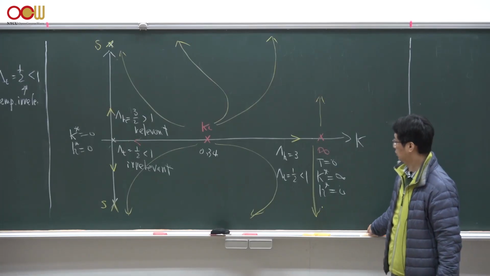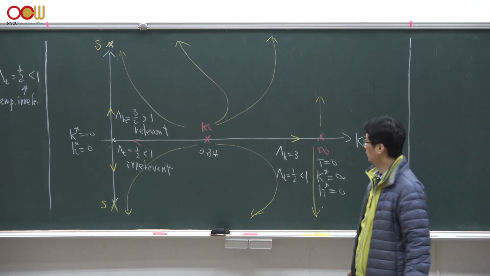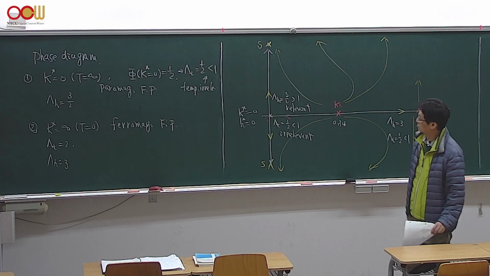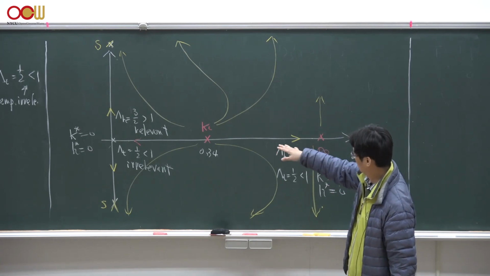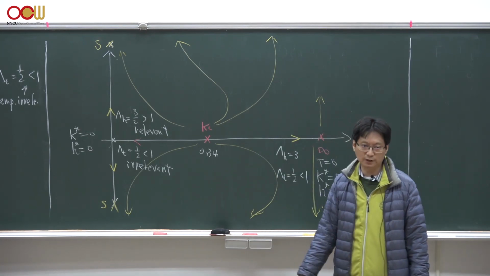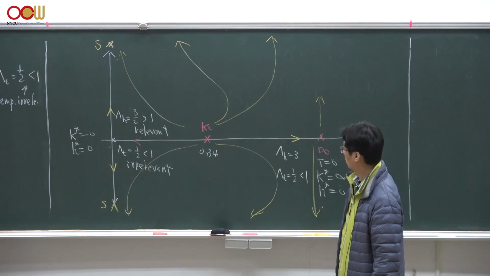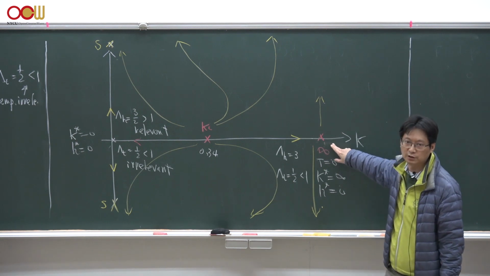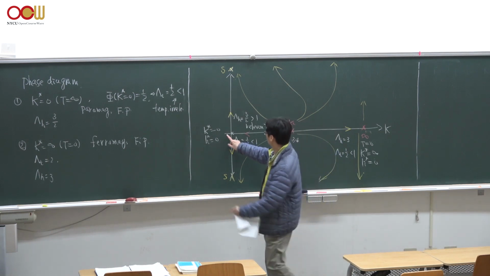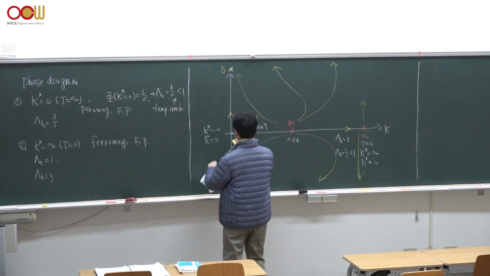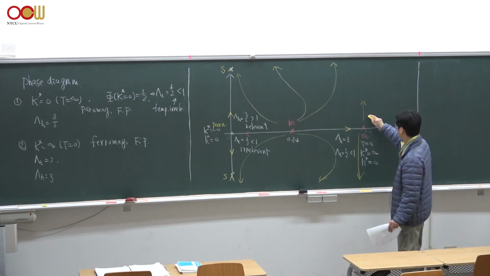So let's just finish this discussion by presenting this global phase diagram of this two-dimensional Ising model on triangular lattice. As we discussed already, there are 3 important fixed points. Now, in fact, there are maybe 5. But the most important fixed points are K star being 0, the high temperature fixed point, which corresponds to the paramagnetic phase, and K star being infinity, which is a low temperature ferromagnetic phase.